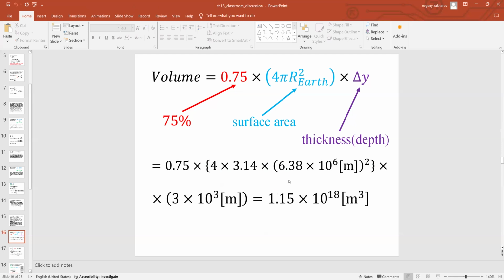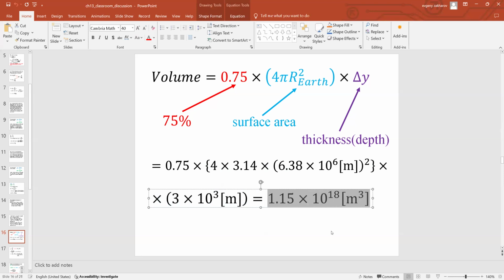So if you grab your calculators and double check the work, you'll see that the overall volume of water on planet Earth is about 1 times 10 to the 18th, so 18 zeros after number 1, meters cubed. So it's good that we already have System International